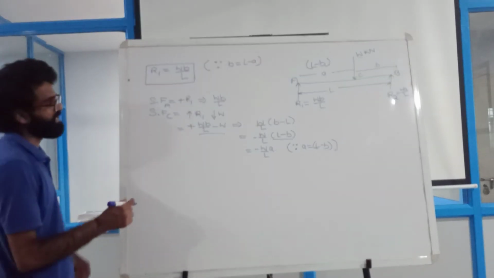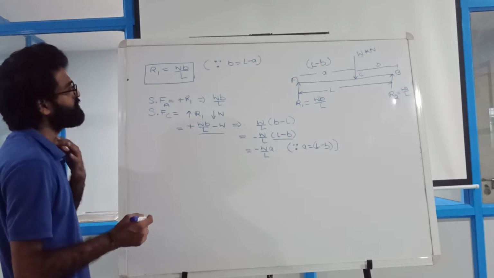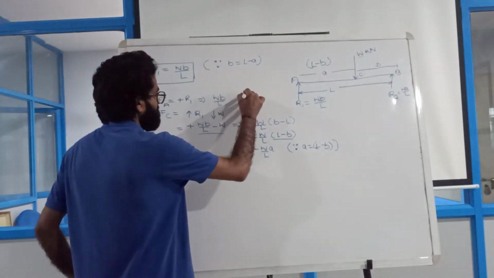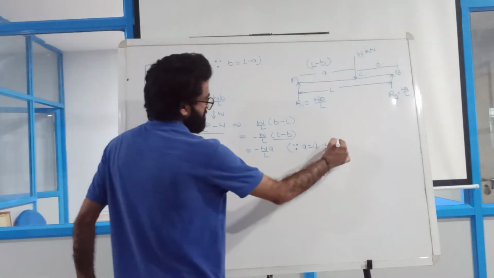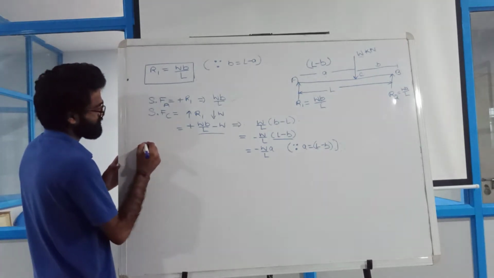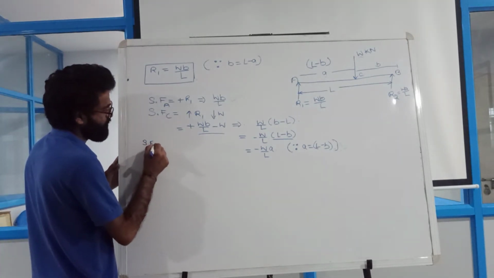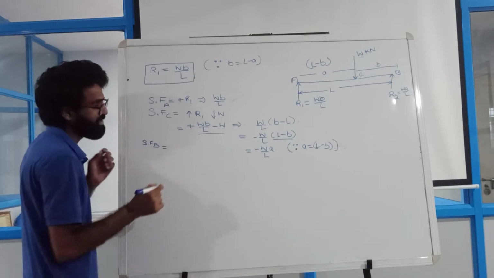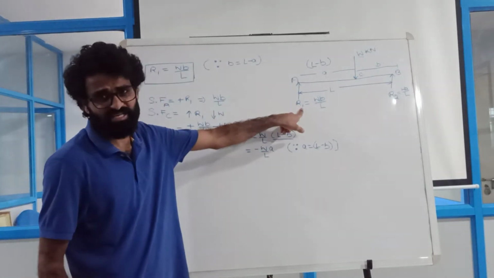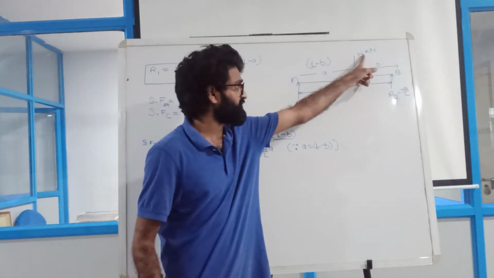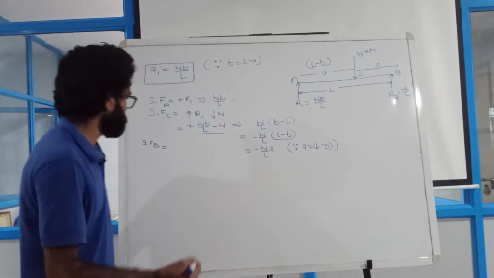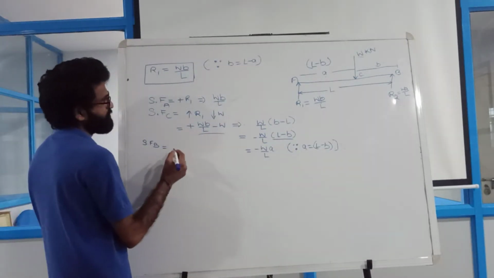Now let us calculate the shear force. I got two shear force values, at the A point and at the C point. Now let us calculate at the B point. How much is it going to become at the B point? You can see the diagram as well. One force is acting, R1 upward, downward for W, and upward it is getting R2. So let us do the summation of all.